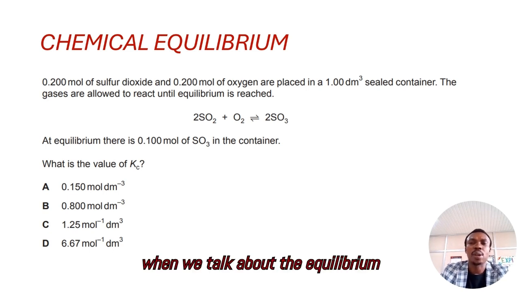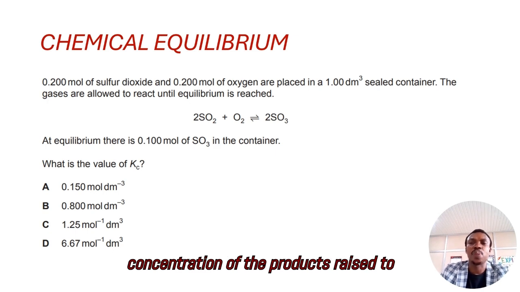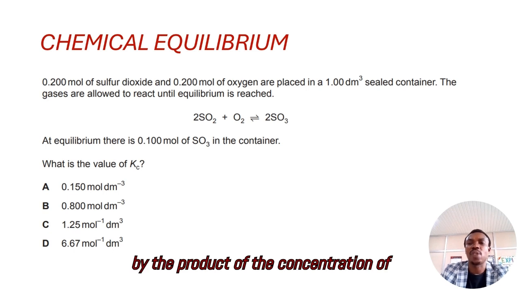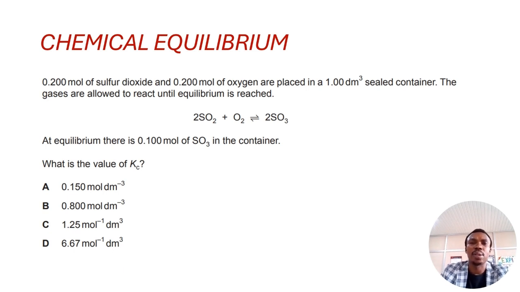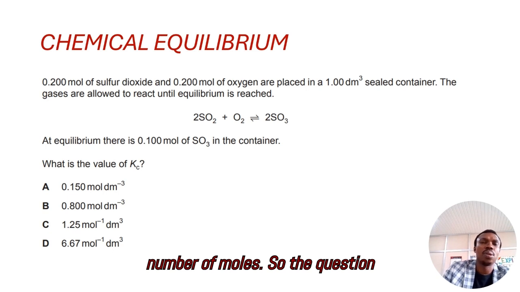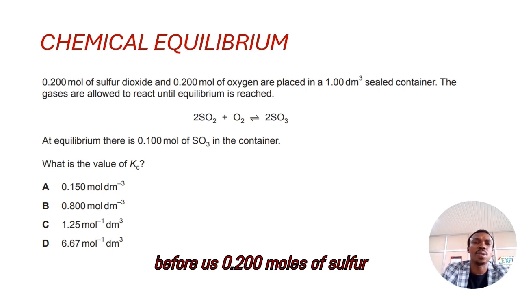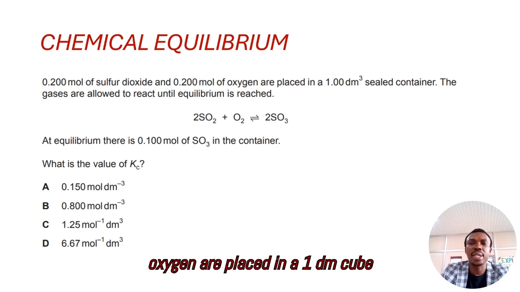When we talk about equilibrium constant, it is the product of the concentration of the products raised to the power of the number of moles, divided by the product of the concentration of the reactants raised to the power of the number of moles. So the question before us: 0.200 mole of sulfur dioxide and 0.200 mole of oxygen are placed